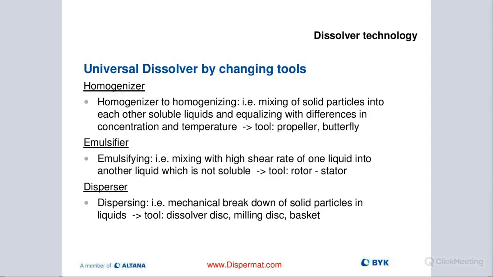We obviously are very proud to offer a universal dissolver by giving the customer the ability to use it as a homogenizer by basically adding a mixing blade or a propeller blade onto the same disperser. We can use it as an emulsifier. So some people would like to use a rotor stator. That's very helpful, especially if I try to blend products together like oil and water, or people that make tinctures or so on. We see it also for battery development in some cases where people prefer a rotor stator over